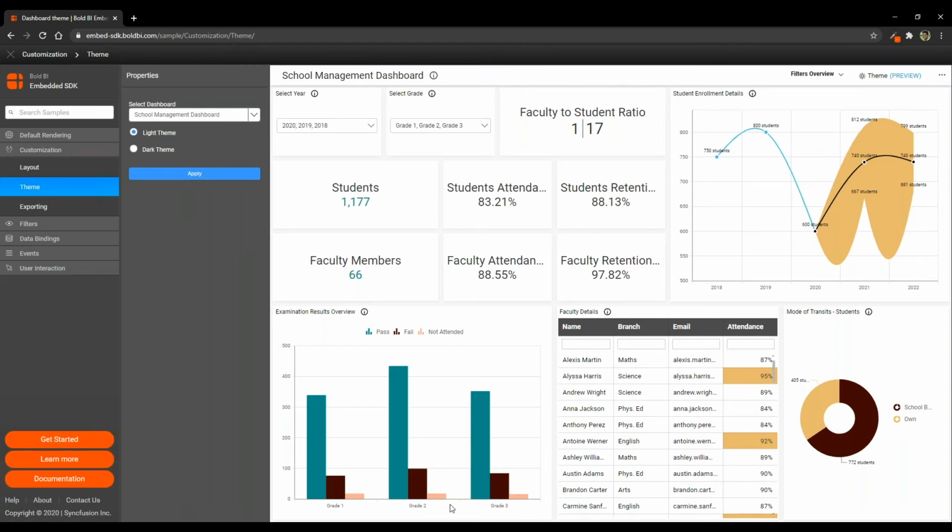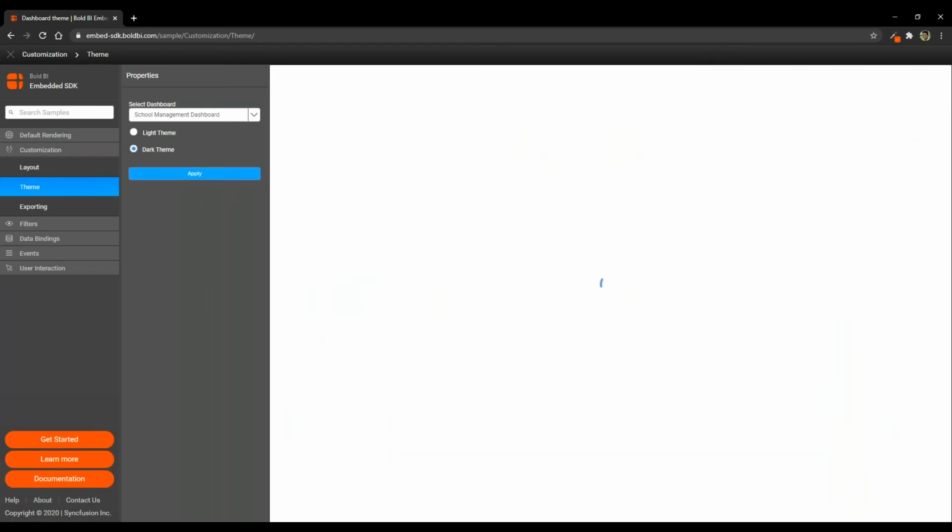In this case, this is the default light theme, and let me choose this dashboard to be of dark theme. I didn't do any operation in this area. I don't control the dashboard at all, right? I am controlling all the operations in my application layer only. Similarly, you can also control what needs to be embedded, how it should be, and all those aspects.